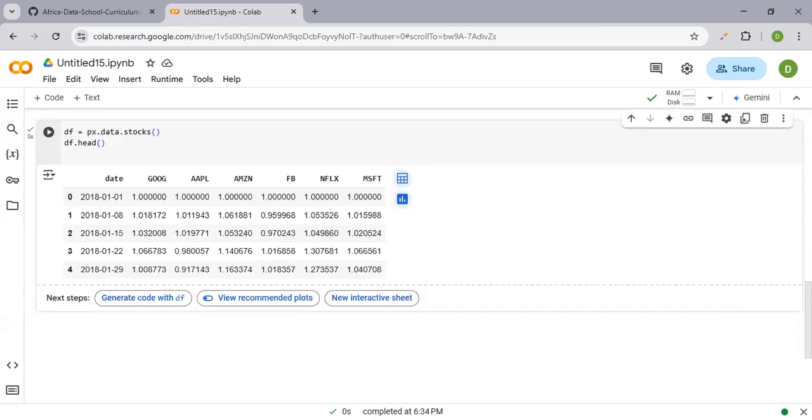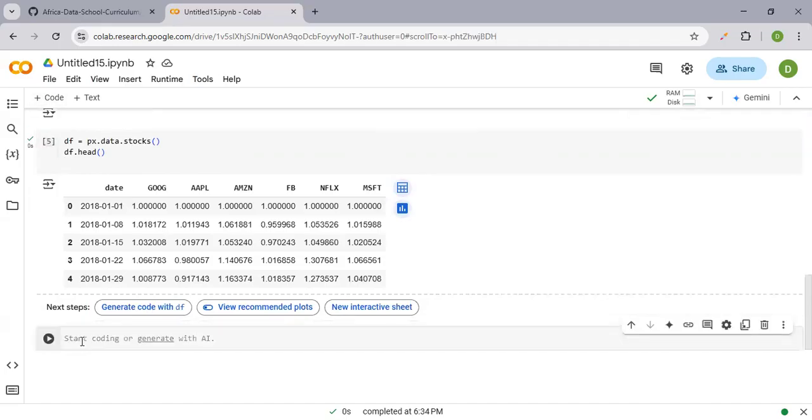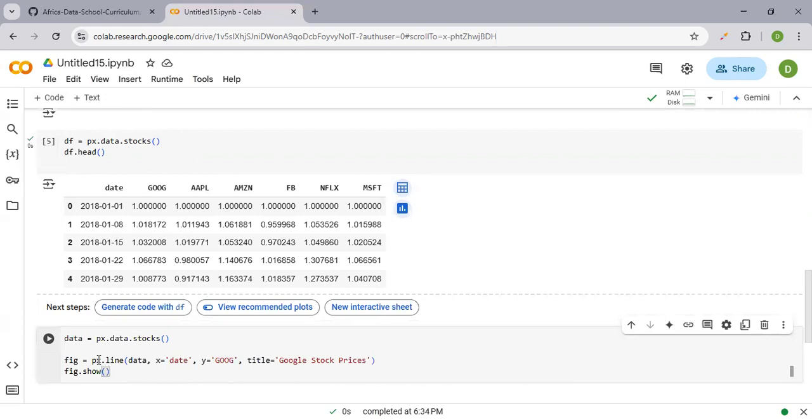Now we want to plot the line plot. So the data is the referenced data set. Then on the x-axis, we want the date, and on the y-axis, we want the Google data. In this case, it will fetch these values that you can see right here. The title will be Google stock prices. Then fig.show. When we run this,